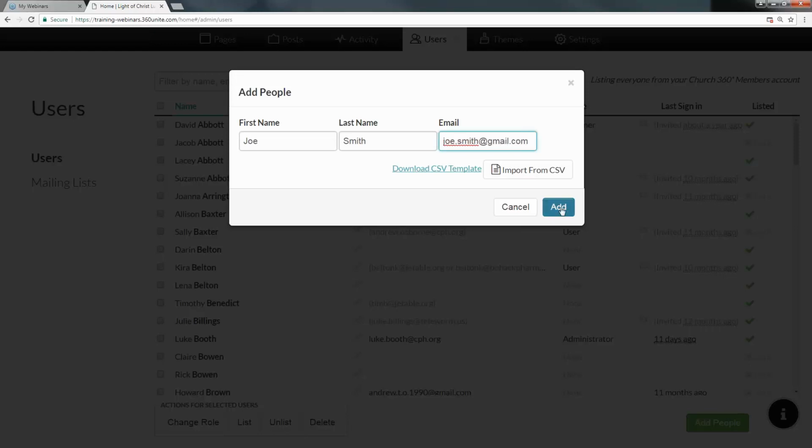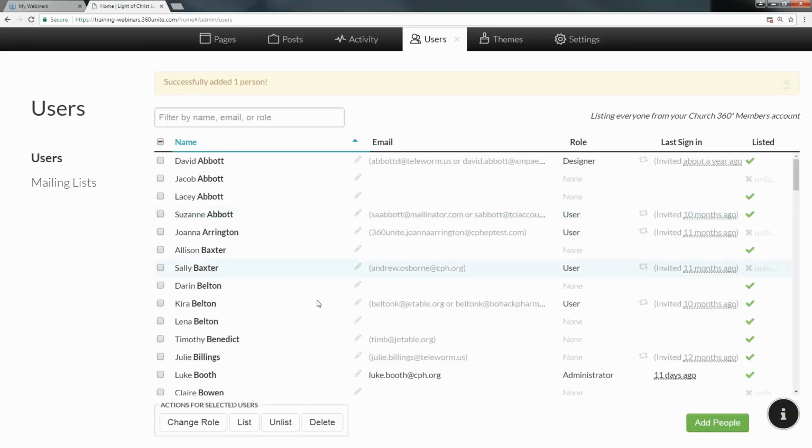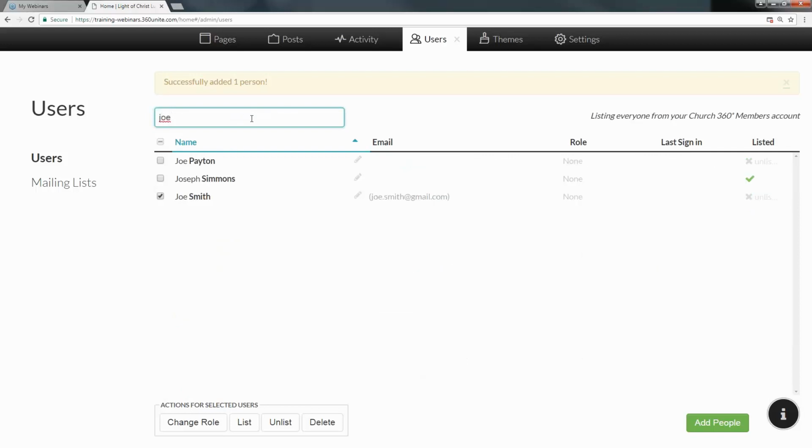Here I can go and add them in the system, but also if you have a master CSV template, you can import a list of individuals so you don't have to add them one by one. But as I add Joe Smith in the system here, he will go to our list here, and let's search for him. So we have Joe just by typing in his first name here,